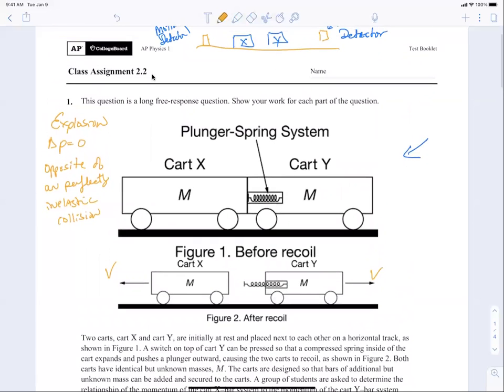I'm going to show some graphs because what can we get? We can get a position versus time curve. And so let's talk about cart Y. It has position wherever it started at, and then it will change, and cart X will, and this will be my velocity versus time graph, sorry. All right, so I can get those velocity versus time graphs from my motion detector. And then essentially those momentums will equal 0 because if the initial momentum was 0, the final momentum of the